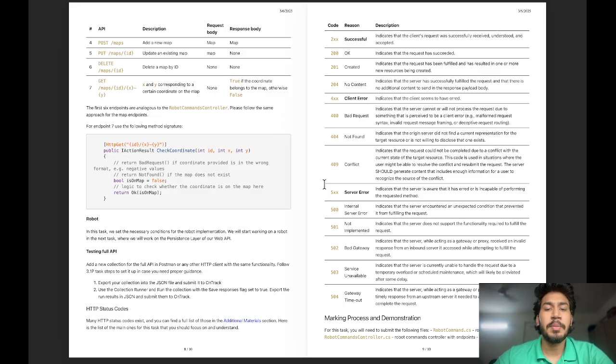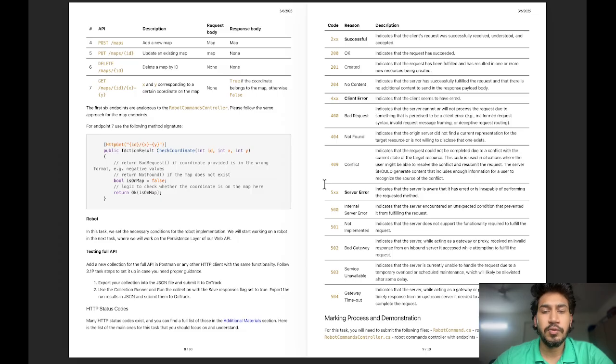My approach to this task was, firstly, I built a .NET Core Web API structure with the help of the command dotnet new web -n followed by the name of the folder. After that, I created two controllers. The first one is the robot command controller, and the other one is the map controller. Each controller is responsible for handling all the HTTP requests which will be sent from Insomnia as well.